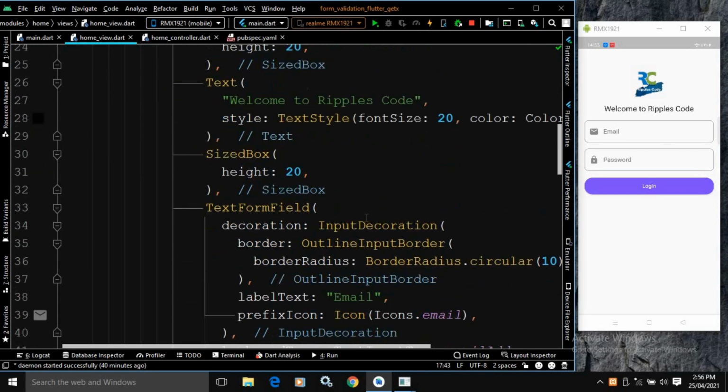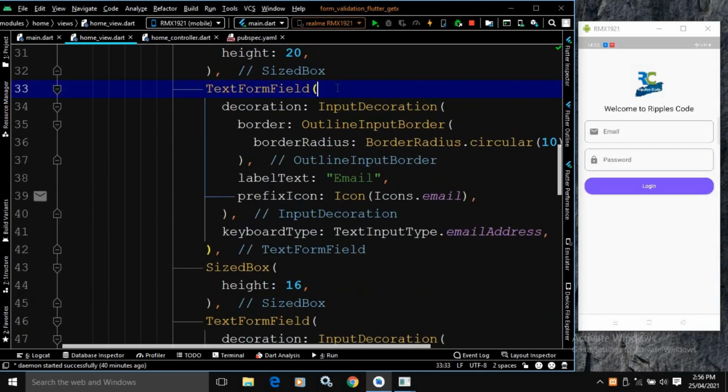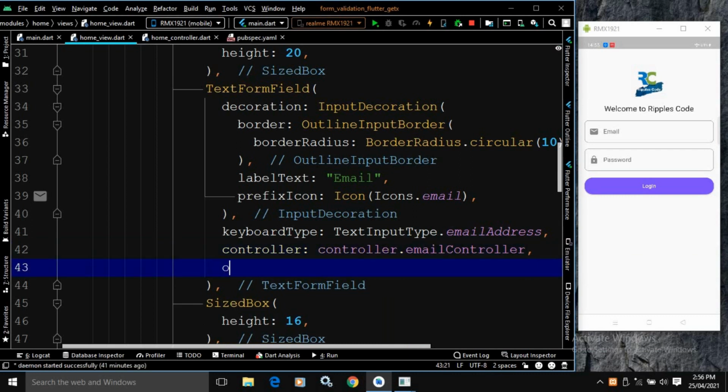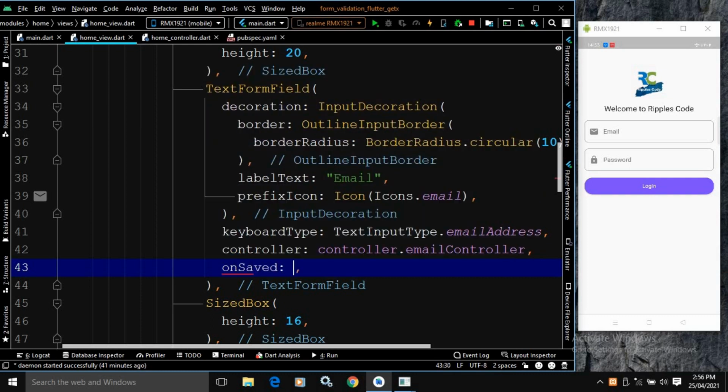here I will move to the text form field. Here in this text form field, in the controller, I will write controller dot emailController, and here I will write onSaved.